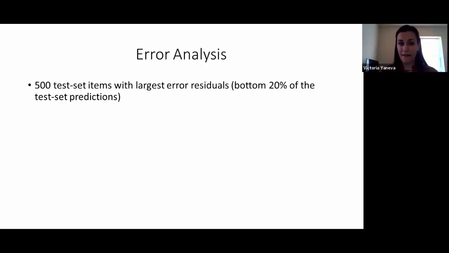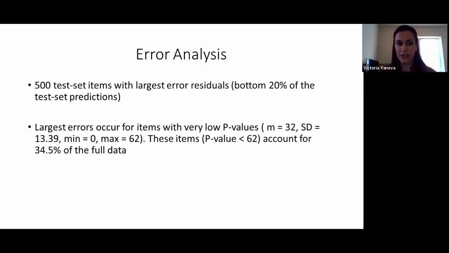We also performed error analysis. We took the 500 test set items with largest error residuals, which essentially accounts for the bottom 20% of the test set predictions. And we saw that largest errors occur for items with very low p-values, which essentially, if the p-value is below 62, this accounts for 34.5% of the data. And if you remember the histogram that shows the distribution of the p-value, it was really highly skewed. So this clearly is a function of seeing fewer examples